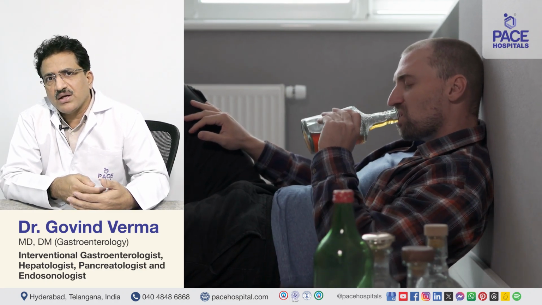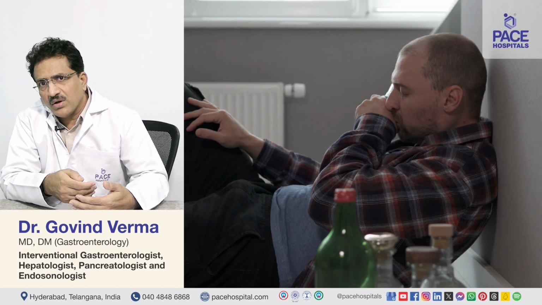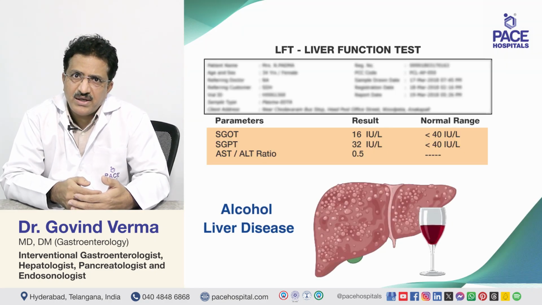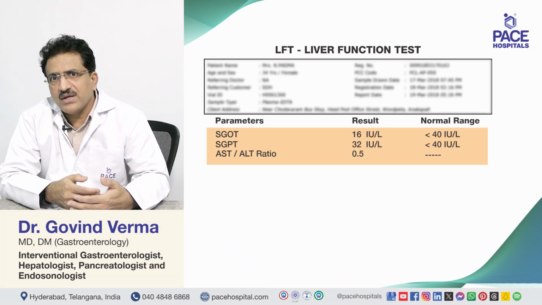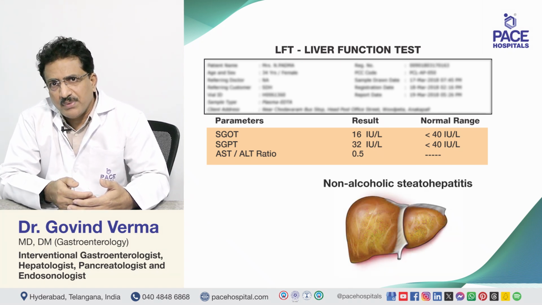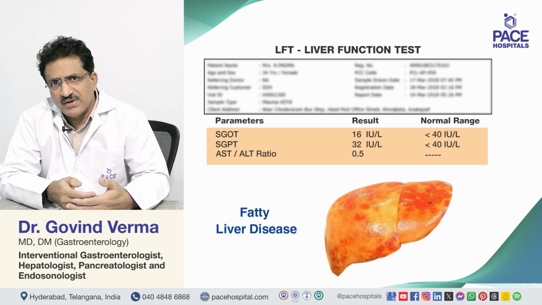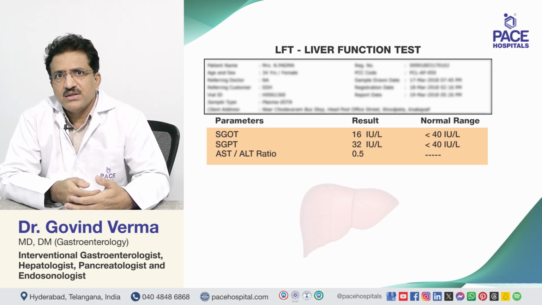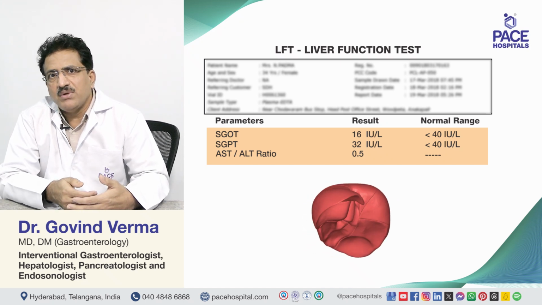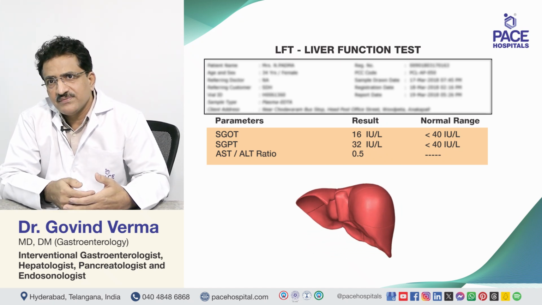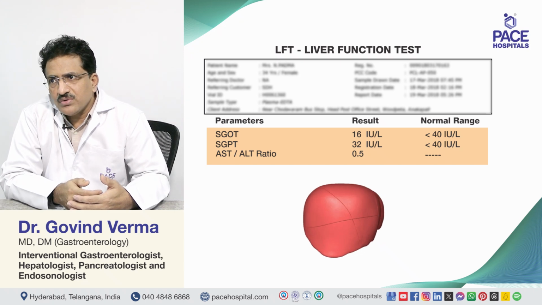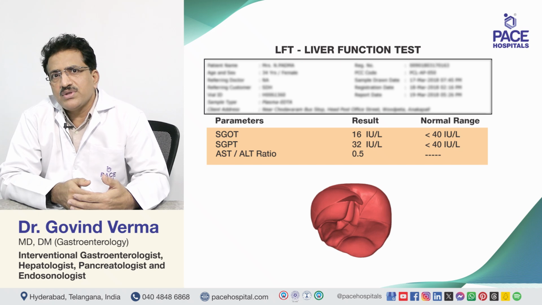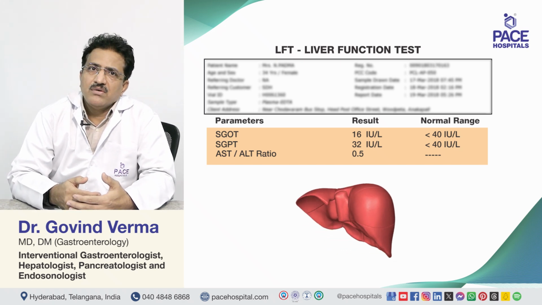So in that situation, alcoholic liver disease is more likely to be the cause, whereas the reverse, if SGPT is more than SGOT, then we consider non-alcoholic steatohepatitis or simple fatty liver disease, or we can have autoimmune liver disease, drug-induced causes, ischemic causes as a possibility for an abnormal liver function test. You can also see the elevation of the enzymes also gives an idea about the possible etiologies for a liver